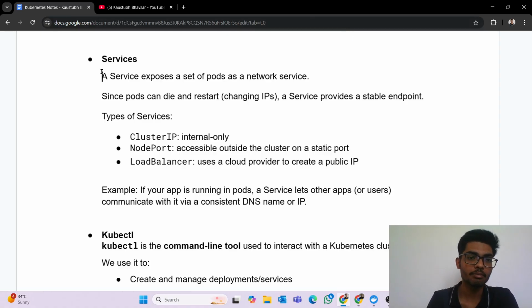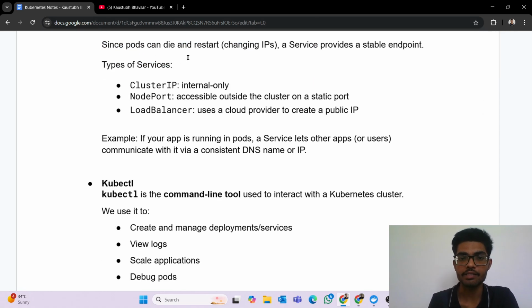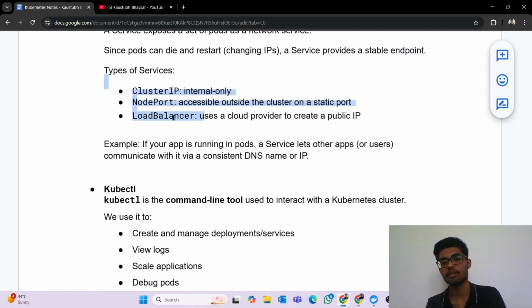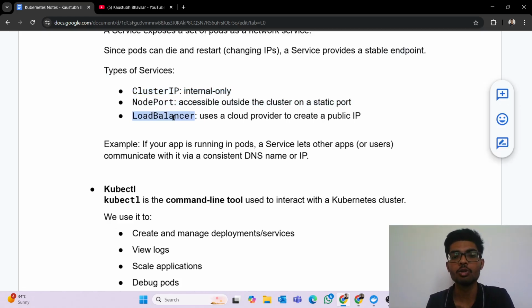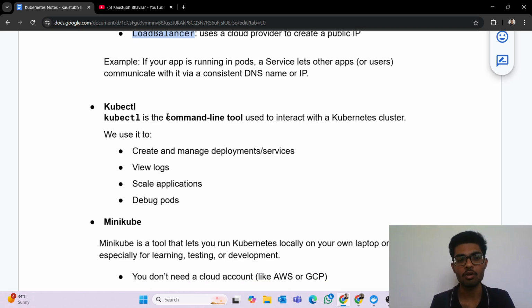So a service is nothing but something that exposes a set of pods as a network service. Now, since a pod can die and restart, it can change its IP address. A service provides a stable endpoint. Now, what are the types of services? It has ClusterIP, NodePort, or LoadBalancer. We will generally use LoadBalancer everywhere. For example, if our application is running in a pod, a service lets our other applications or users communicate via a consistent DNS or IP. We're going to learn this in detail through hands-on work,